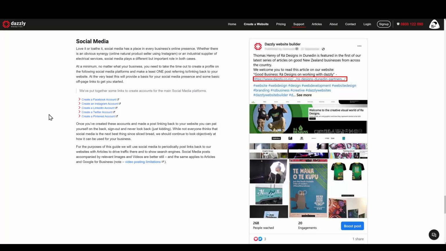At a minimum, no matter what your business, you need to take the time out to create a profile on the following social media platforms and make at least one post referring or linking back to your website. At the very least, this will provide a basis for your social media presence and some basic off-page links to get you started. We've put together some links to create accounts for the main social media platforms: Facebook, Instagram, LinkedIn,